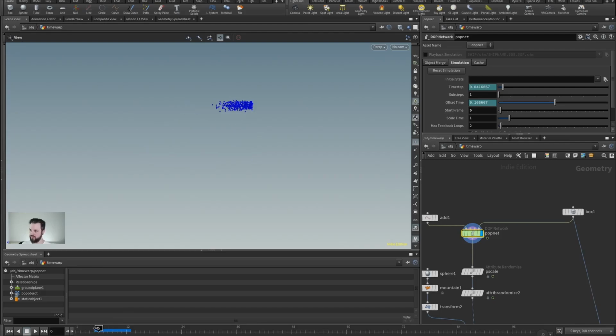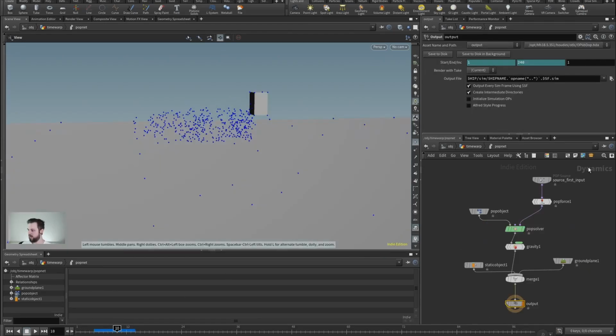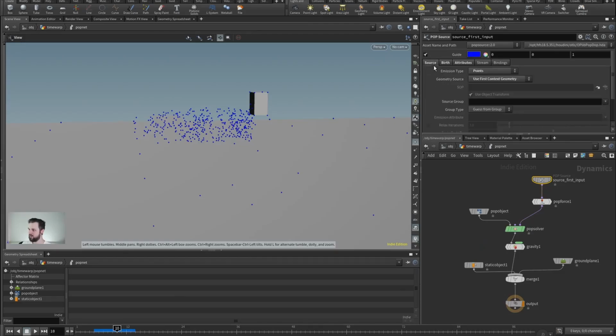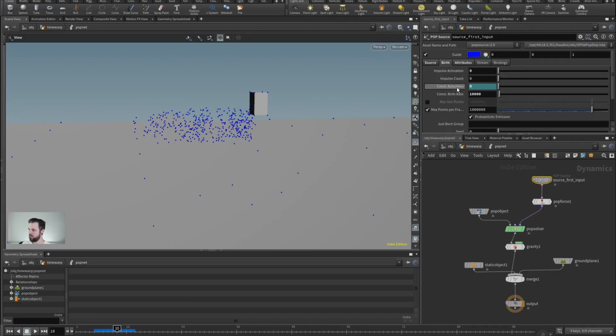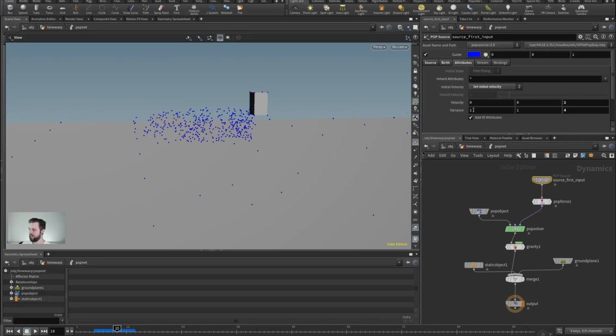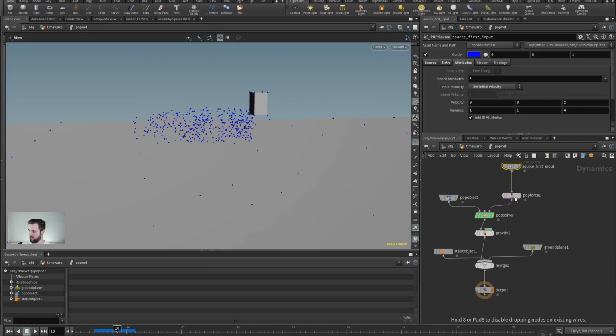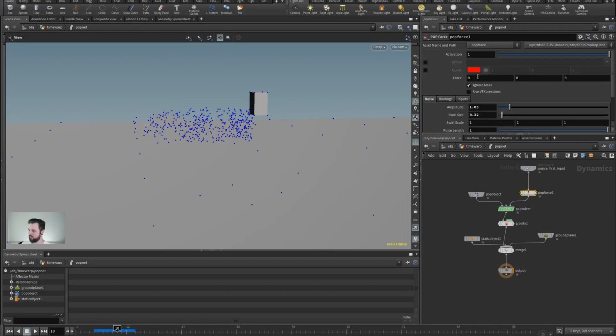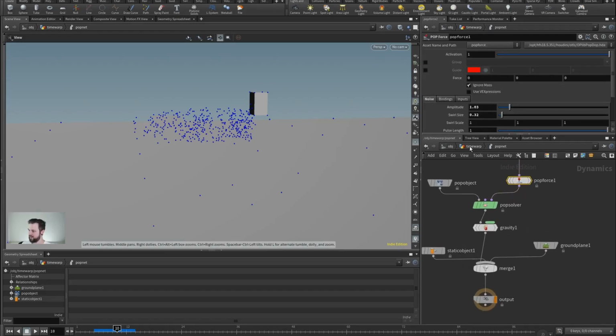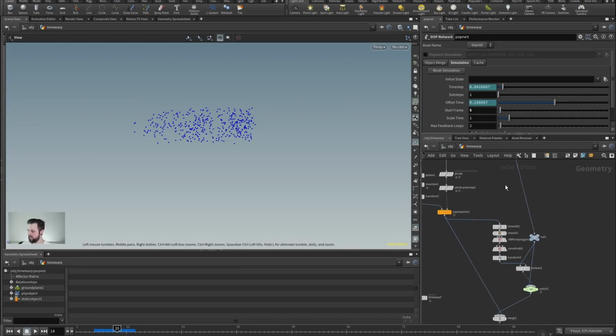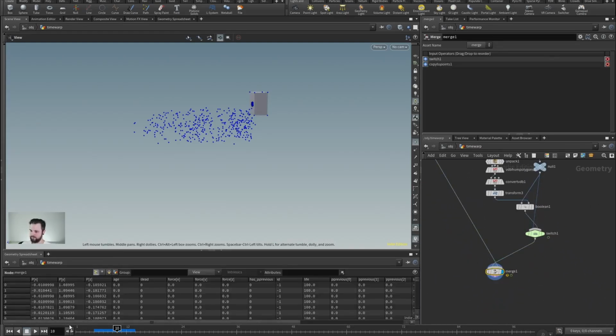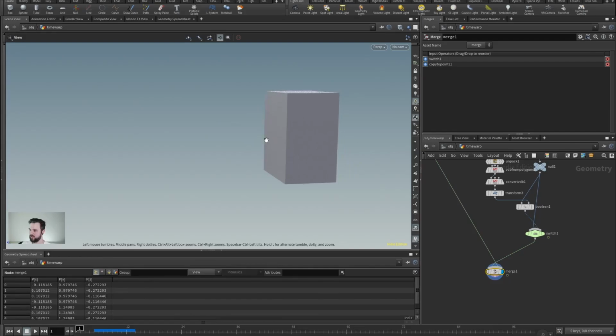So for my single point here, it's just an instant burst that is set by a pop source that is limited to an input point, and then the birth is controlled with a constant activation expression, and then it gets a couple of initial velocity numbers from here, and this creates this kind of cone area that it spits out. Then there's a pop force in it to create a little bit of chaos, and that's actually about it. And the idea here is that we have something that looks a little bit like a bullet impact